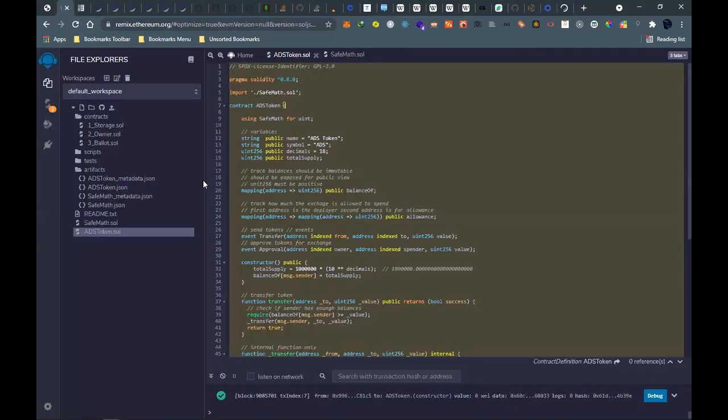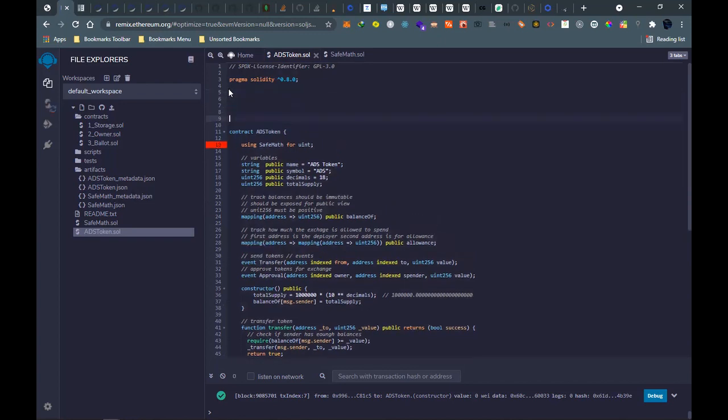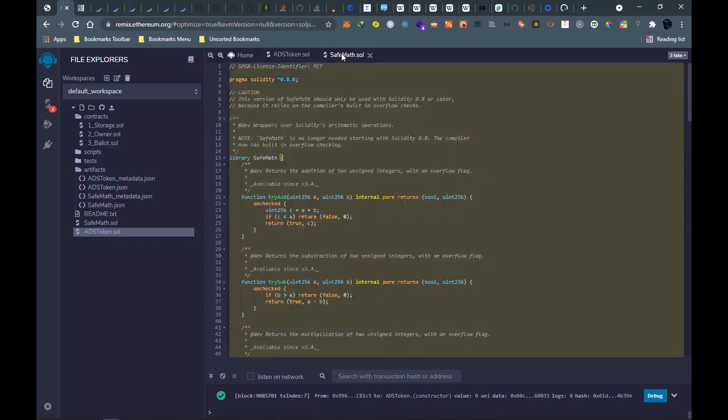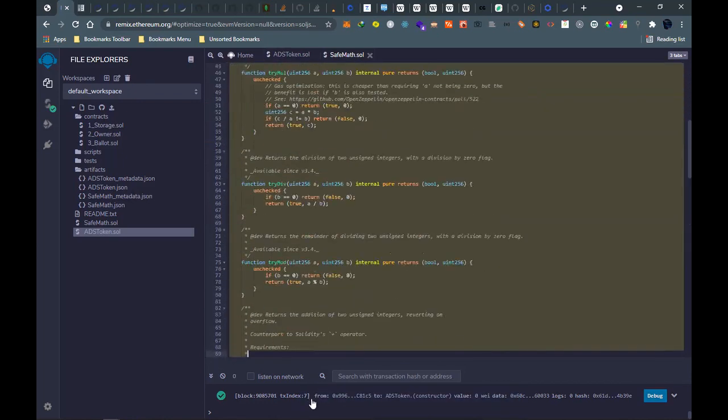Let me just do something. Instead of importing there, I'll just copy this entire code here, the entire library here. This one.